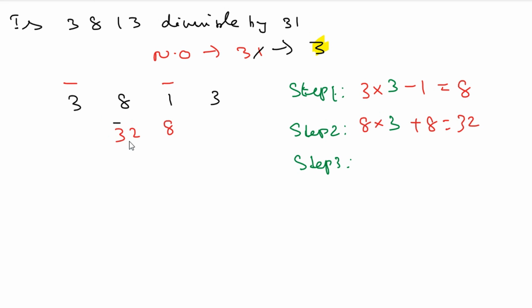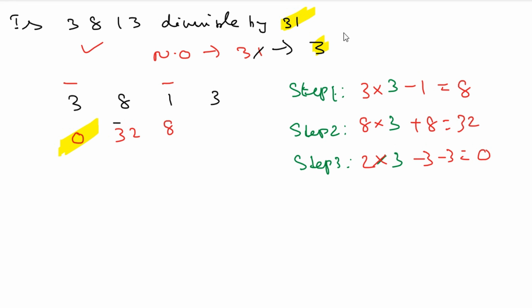Now what can you do? First you will multiply this unit digit of this number with the oscillator that is equal to 3. What is the oscillator? That is equal to 3. What is the next step? This is a negative value, minus 3, and you will subtract this one also, minus 3. 6 minus 3 minus 3, that is equal to 0. You will write down 0 at the bottom of this number. Now you will check whether 0 is exactly divisible by 31 or not. Yes, that's why 3813 is exactly divisible by 31.